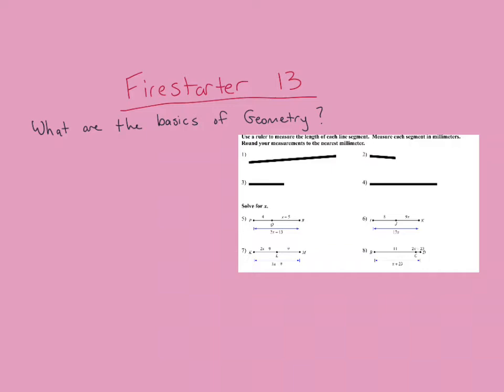So basics of geometry. On this worksheet, the first thing that we see is something that says use a ruler to measure. So what we're going to call that is line segments. We're going to say that is a line segment. So the first thing that we're going to see is the first basic of geometry. We're going to call it line segments